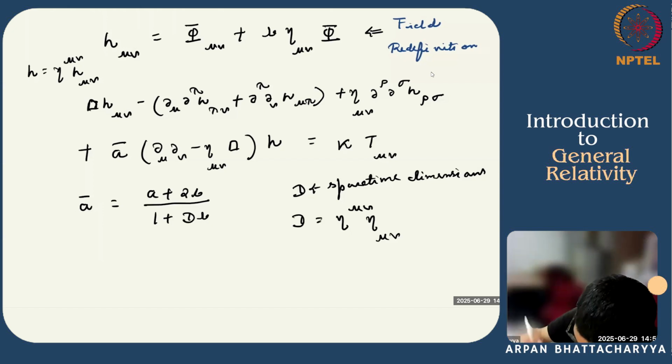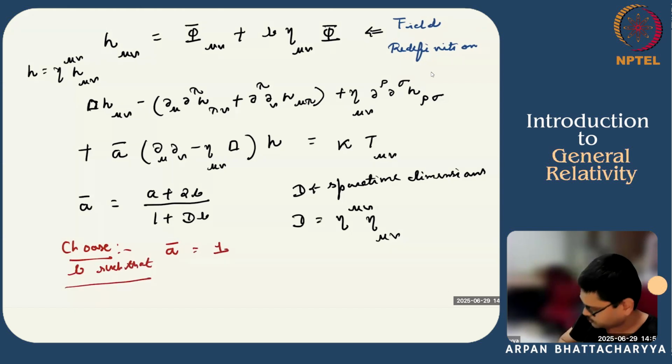We'll see. So we will choose instead the b such that a bar becomes 1. You can see that there always exists such a choice for b. So now we have got rid of this undetermined constant as well, and we get the following